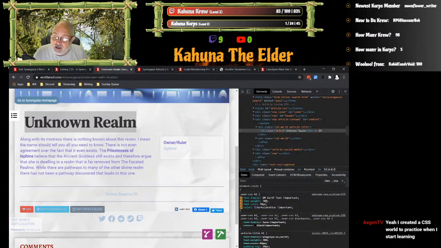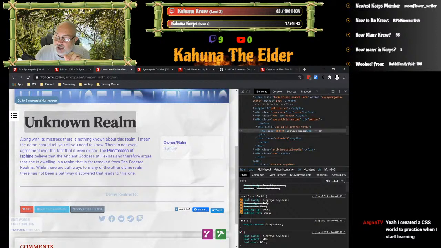And if you look above it, you'll see that font family DM serif text has superseded it. Okay, so it's an easy way to look at it and go, oh, that's why that looks different. And if you see that you put in something but it's crossed out, now you have to go back and look at why something else jumped in ahead of it. Might have been your issue, might have been something in the CSS that we're going to have to work on.